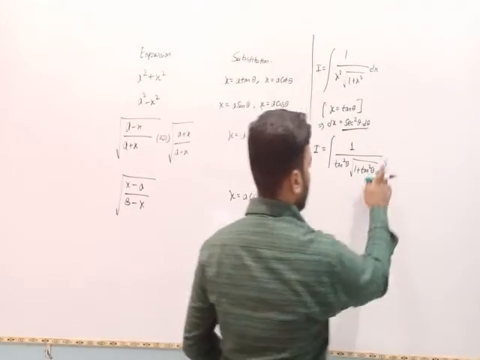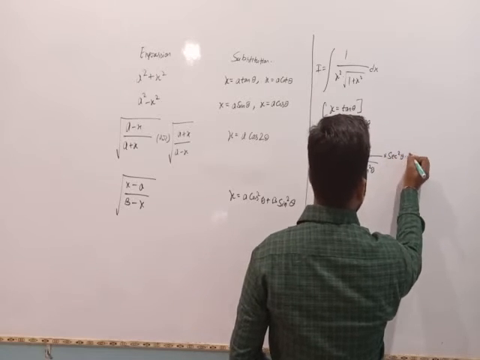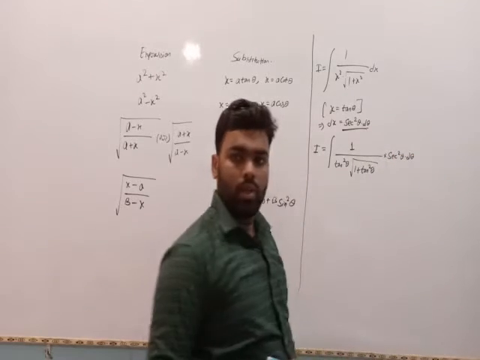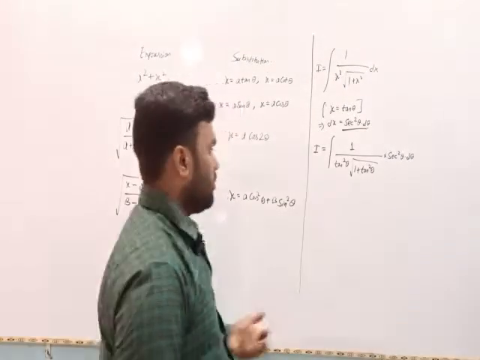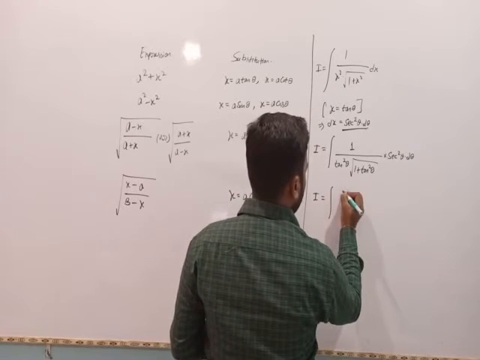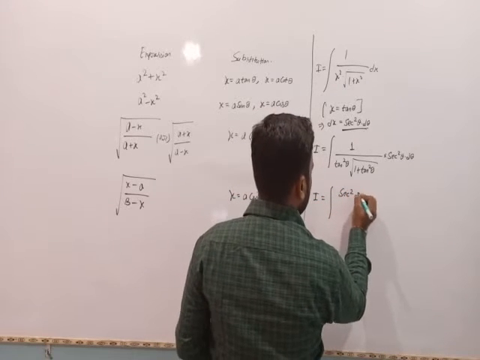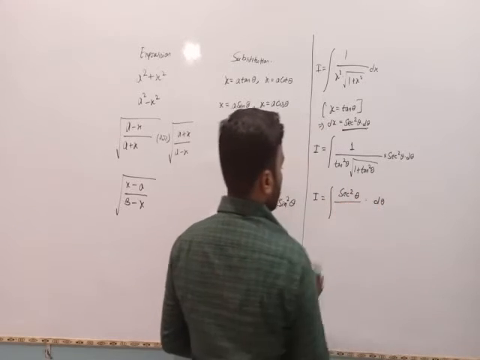Okay, so we are replacing it. This will become sec square theta into d theta. Now let me solve it a little bit, then we will do the integration. So I is equal to integration of sec square theta into d theta divided by tan square theta,